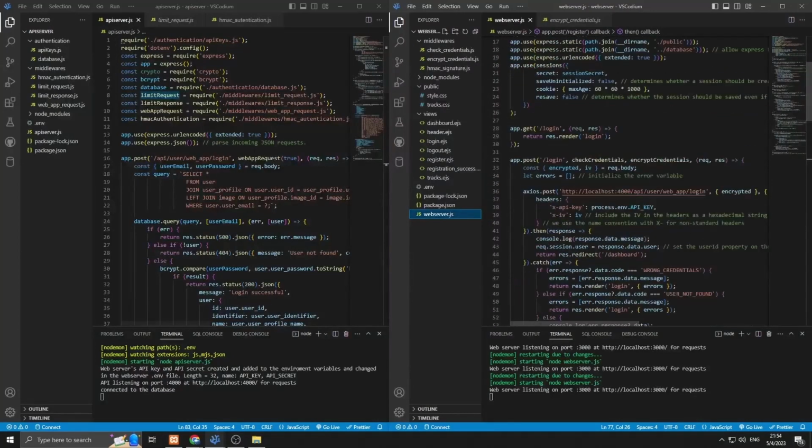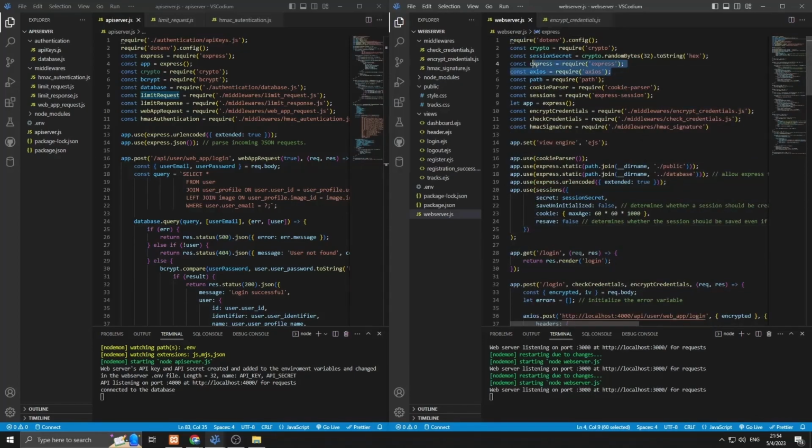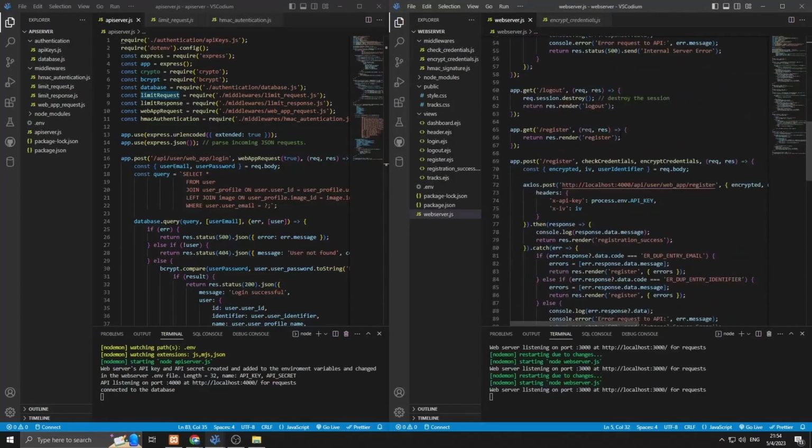First, we will explain how the web server and API server interact with each other. We are using Axios to send API requests and Express. In this case, we take the register process as an example. The user tries to register, so the register EJS file will be opened and the register page will be shown